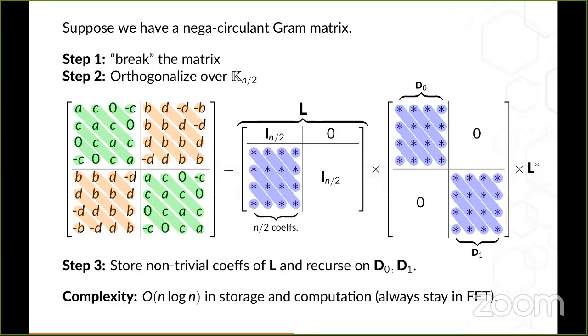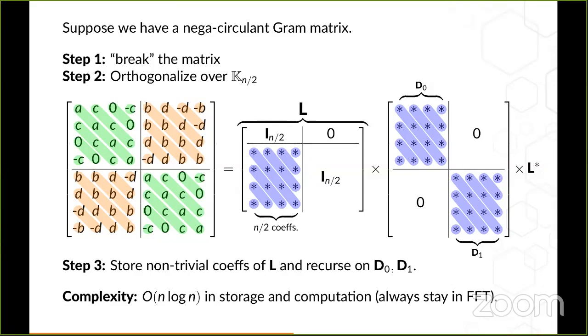There will also be a complexity of big O of n log n in computation. This is less immediate, because if we do a trivial complexity analysis for the computation, we obtain a complexity of big O of n log squared n. And this is a bit unsatisfying. The complexity is due to the fact that we do a bunch of FFTs. Each FFT may cost big O of n log n, but since we are doing a lot of them, it becomes big O of n log squared n.